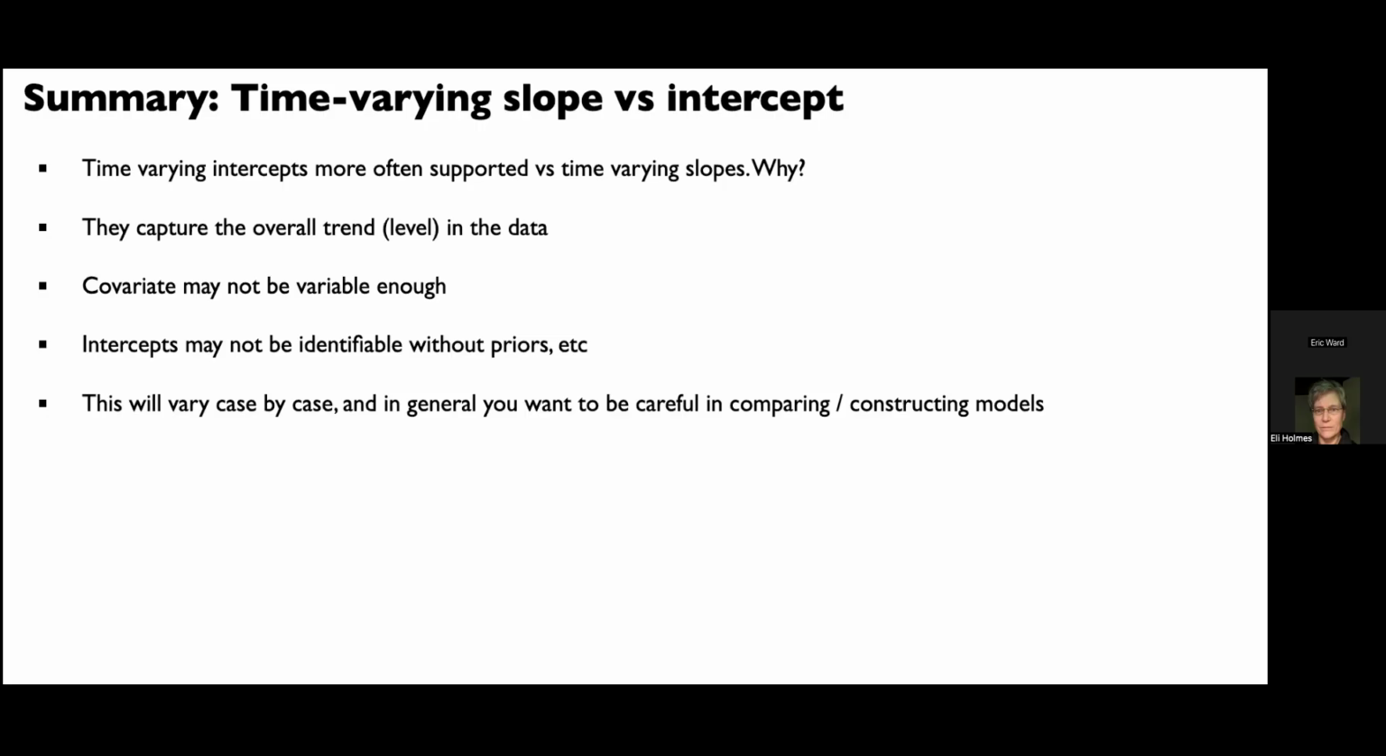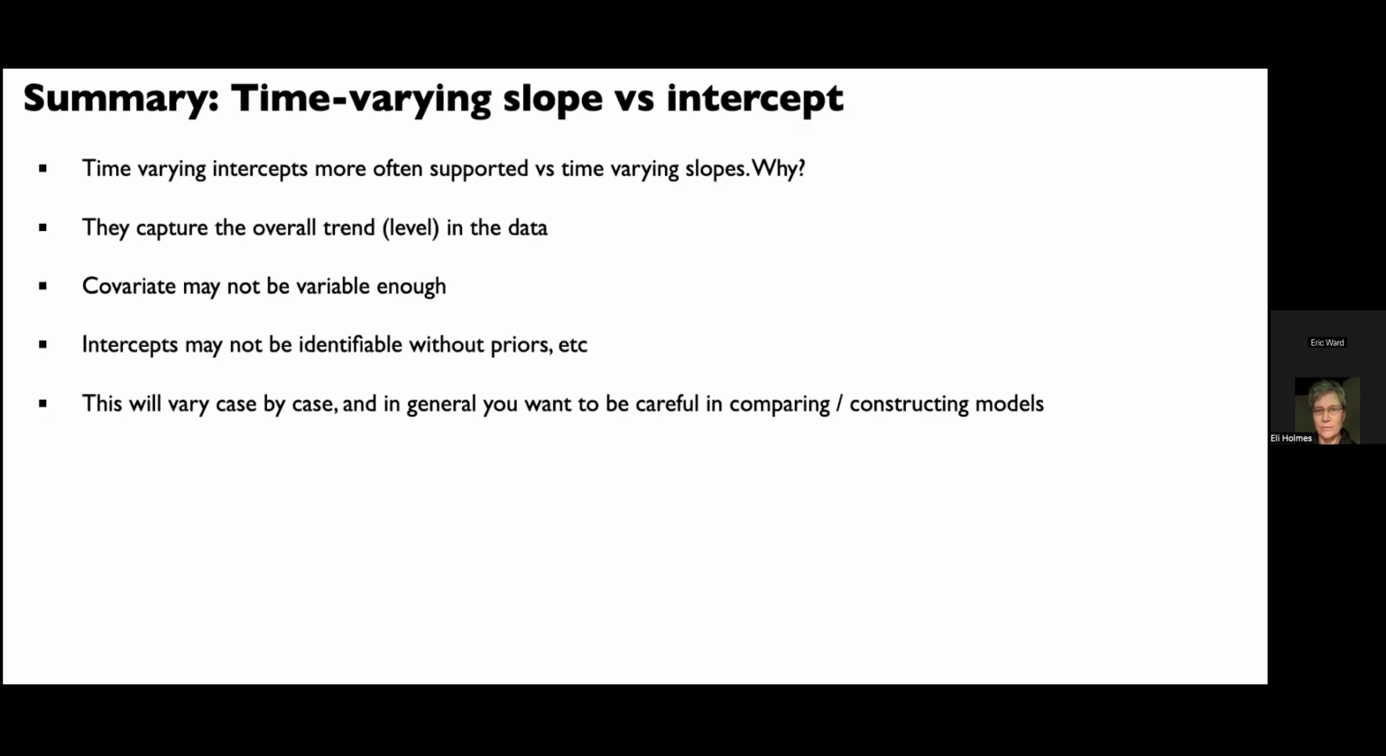Second, the intercepts might not be, or the slopes might not be identifiable without priors, and so you could try this also in a Bayesian setting to try to constrain the estimation a bit. And I would also add that finally, your ability to estimate the time varying slopes and the time varying intercepts is going to really change